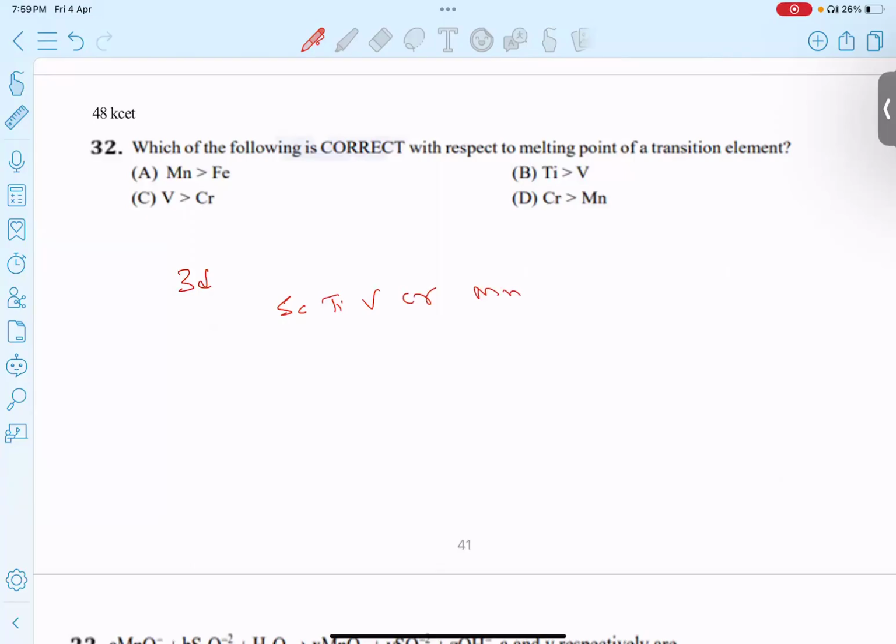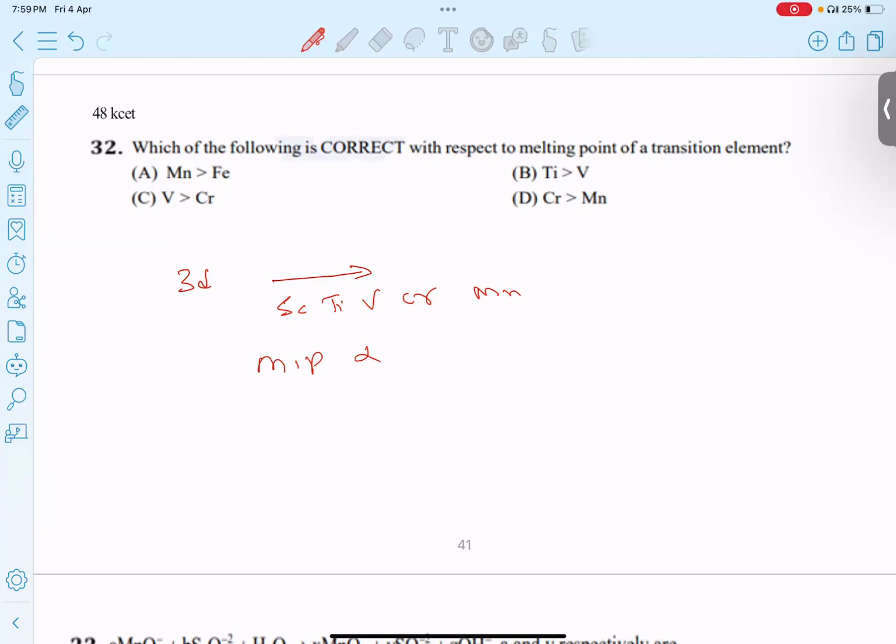With an increase in atomic number in the 3d series, the number of unpaired electrons also increases. So the melting point